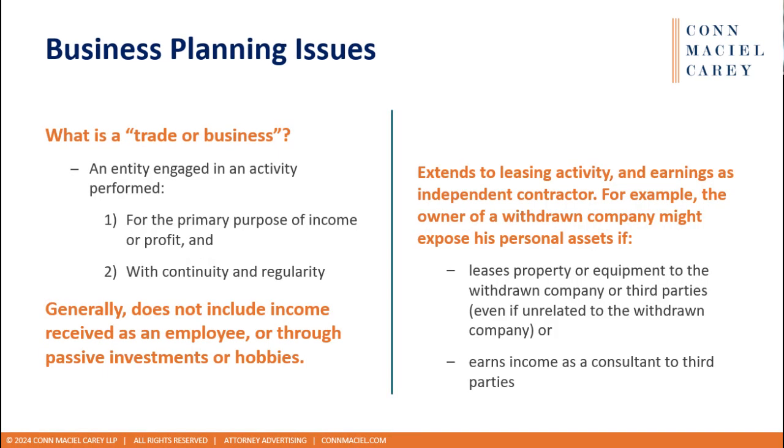To determine whether something is a trade or a business, the 7th Circuit, where I'm in the Chicago office, and the 7th Circuit Court of Appeals sits here in Chicago, and it covers Wisconsin, Indiana, and Illinois. But a lot of the other circuits also use this test. It's called the Grotzinger test. It's from an IRS matter.